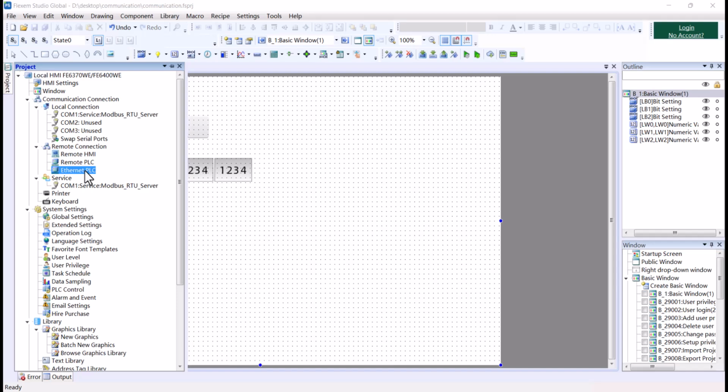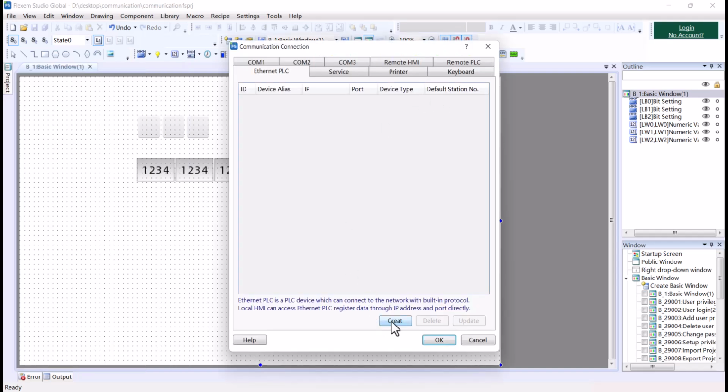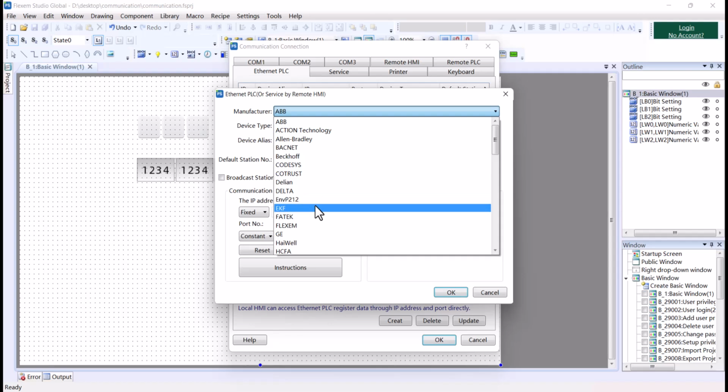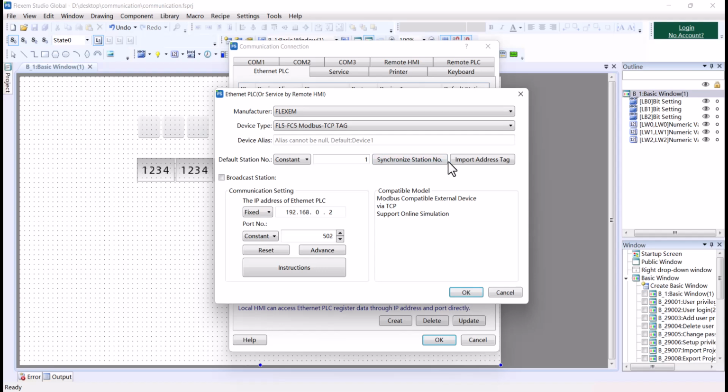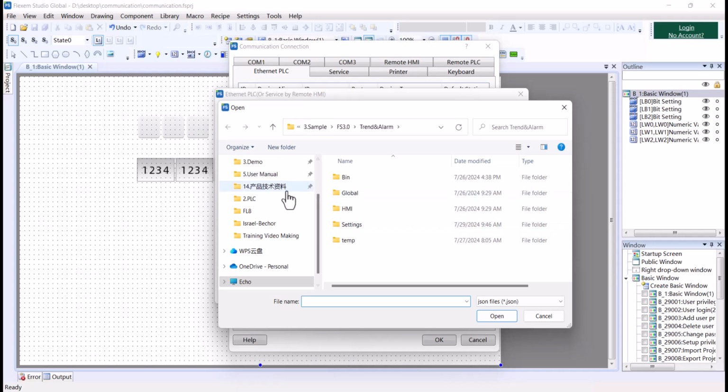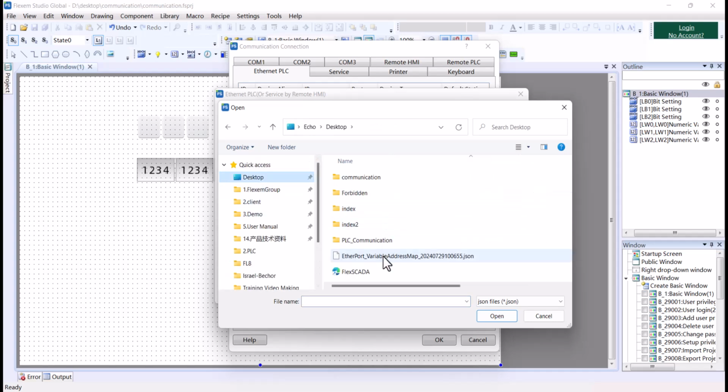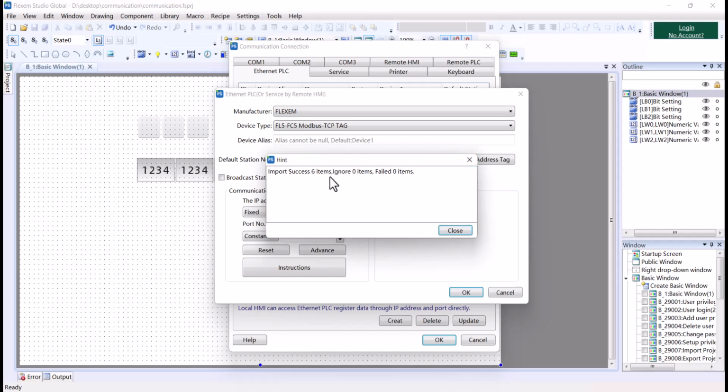You can click on the Ethernet PLC and FLEXEM Modbus TCP tag. Here you can see we can import the address tag, but first we need to input the HMI PLC IP, and the port number is fixed. We should not change it. Then import the address tag. You can directly select the JSON file format